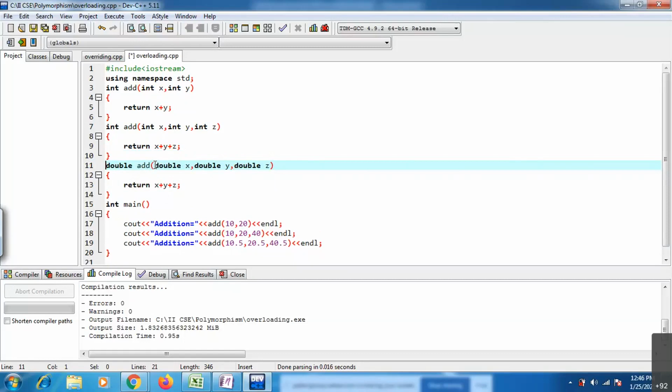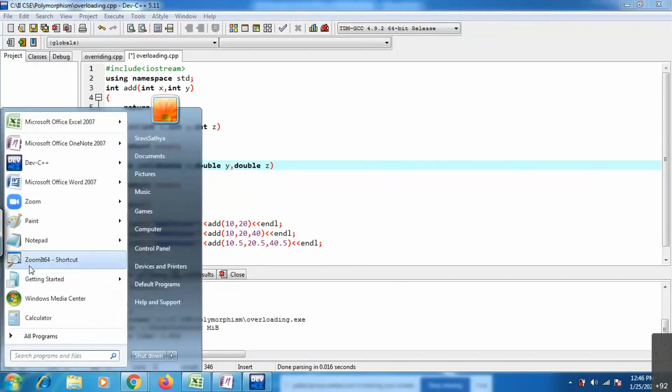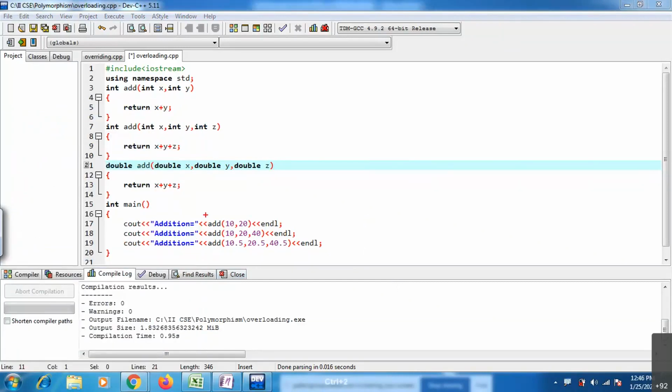Binding means that while calling your function, you are going to associate it with your function definition. If you observe, this is the function definition I have written. This is also a function definition.